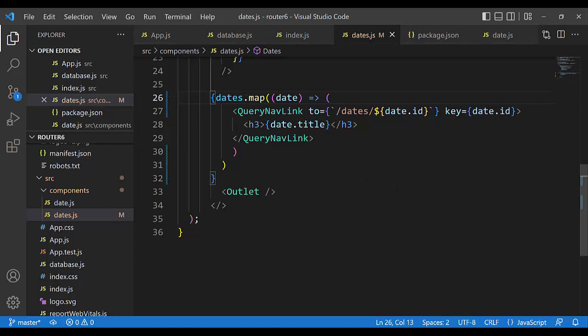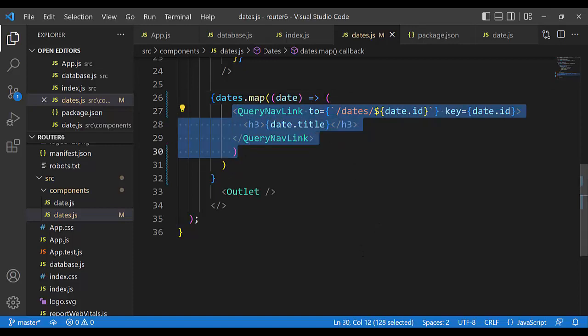And this part is dates.map, method map. There is an arrow function as its parameter. In that arrow function, there is a parameter date. And in the body of that arrow function, we have this